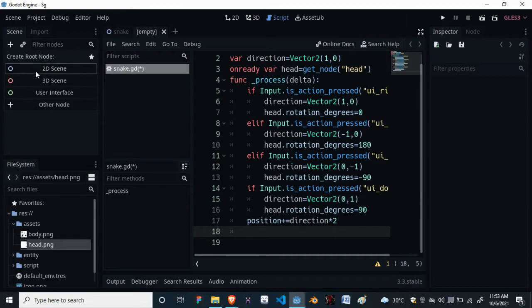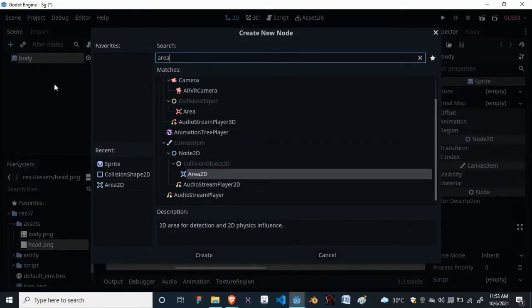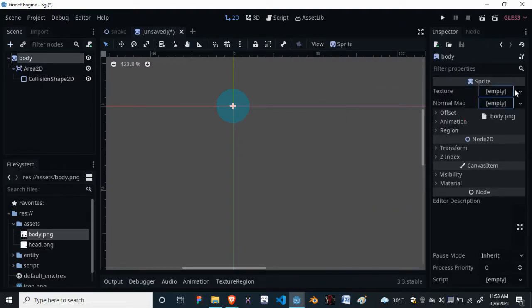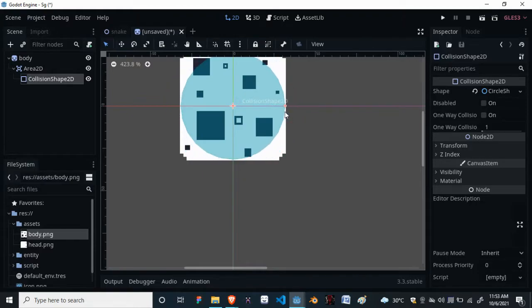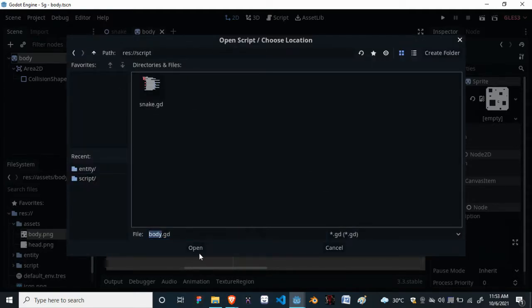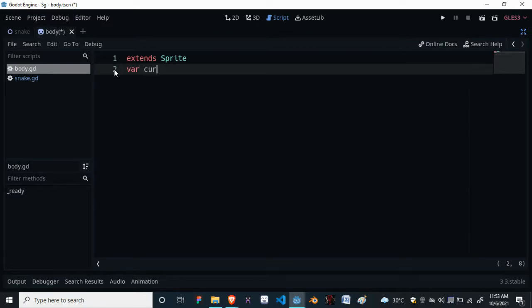Once this basic logic is completed, now we will create the body scene. The body scene will hold some variables.